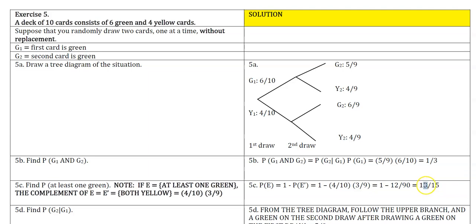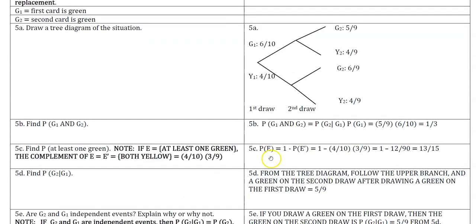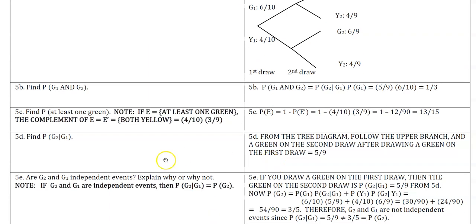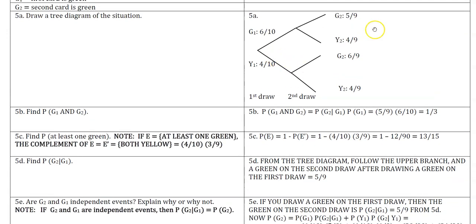Okay, all right. And then finally, let's calculate again this top branch, the probability of G2 given a green card on the first draw, and that's 5/9 up here, right? Okay, and then the last problem